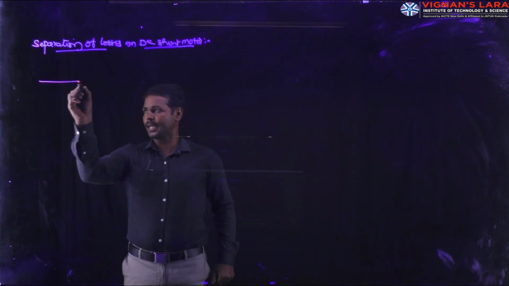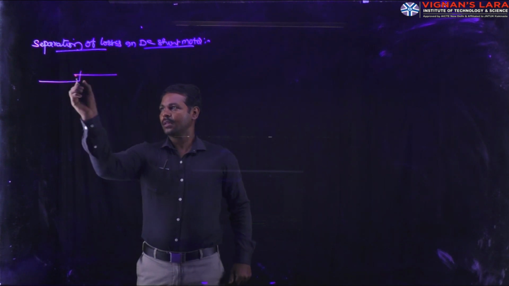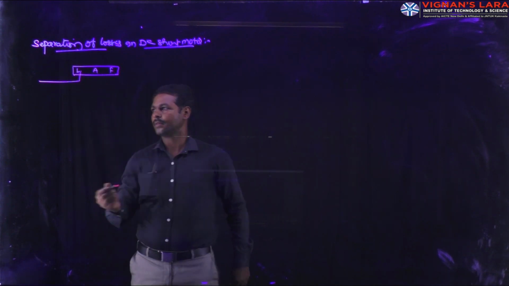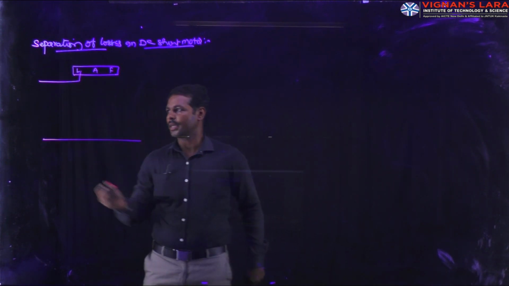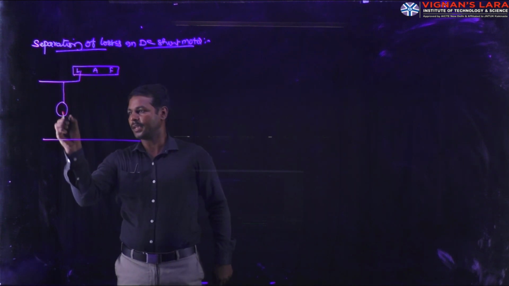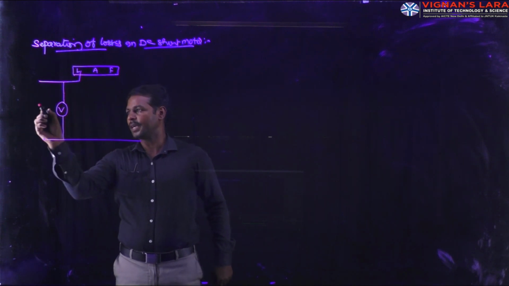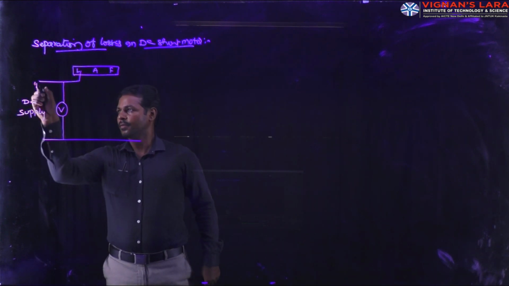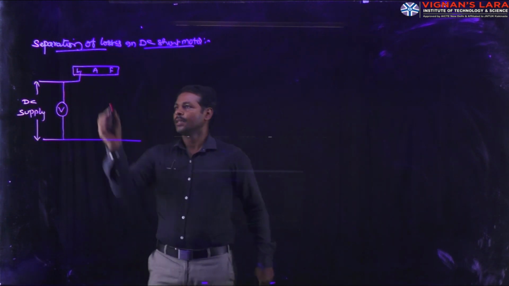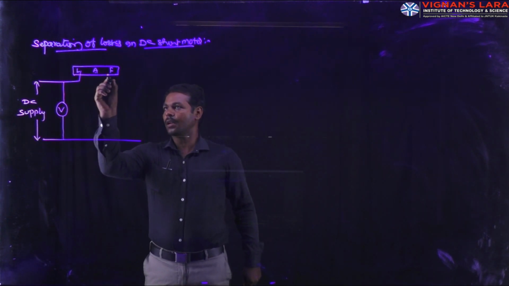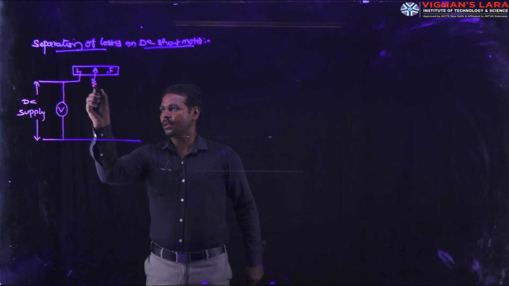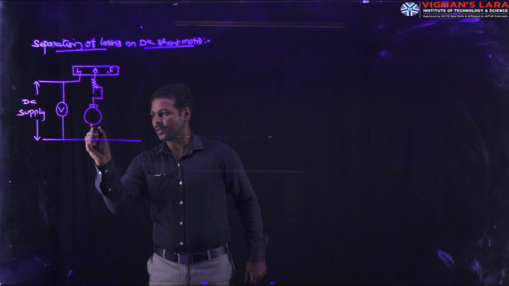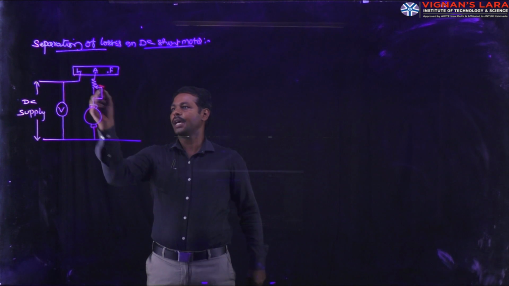First of all, the supply terminal is directly connected to the 3-point starter, which has terminals L, A, F, and is also connected to neutral. Whatever voltage is given to the motor is measured by a voltmeter, which is the DC supply. The armature rheostat is placed in the maximum position, so that we can control the speed of the armature.